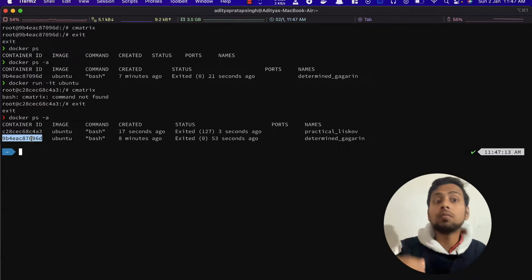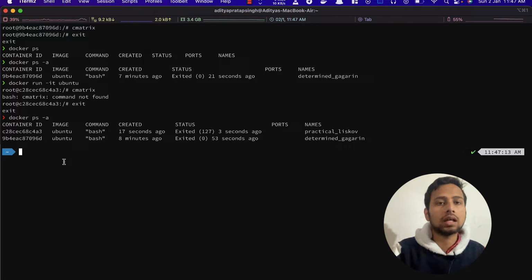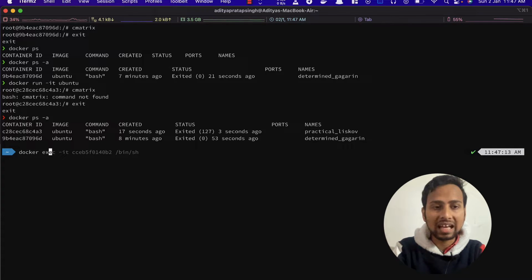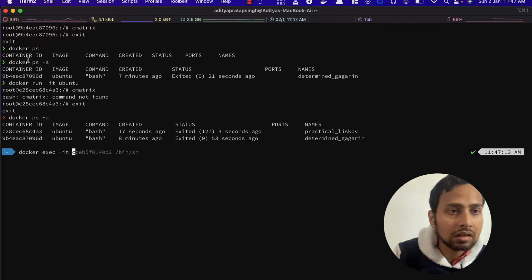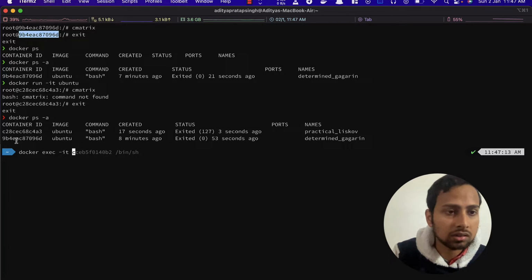But if we want to get into a particular system, like this Ubuntu, because we know all our files are inside there, we can say docker exec, then -it, and then we specify the name of the container. The name of the container was this, or you can also see it from here.